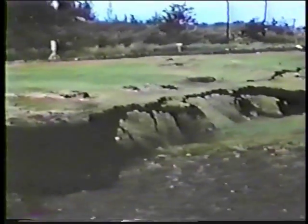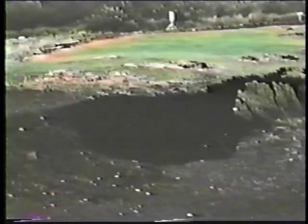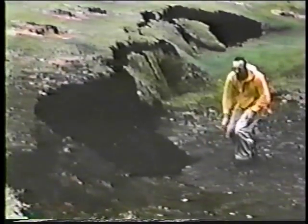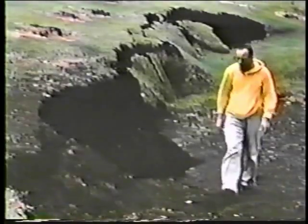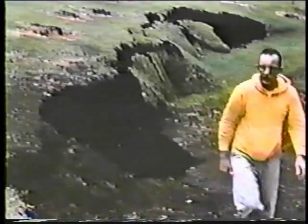Throughout this area, much ground cracking had resulted from the earth tremors, which were being recorded and plotted at the Volcano Observatory further up the slope. Here, almost in the center of town, is a large ground crack running right along Main Street. Yours truly inspects this for signs of heat or steam, but no evidence. A volcanic eruption had been expected somewhere in Puna, but of course no one could have pinpointed exactly where it